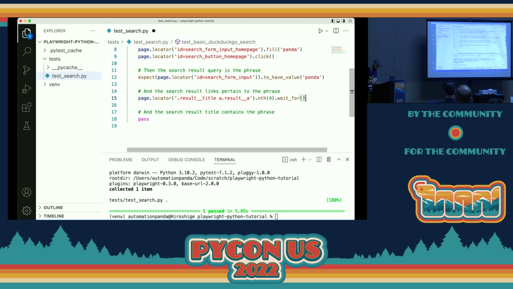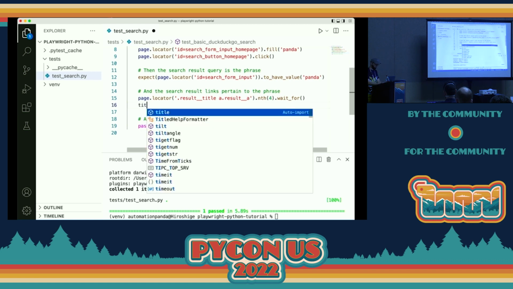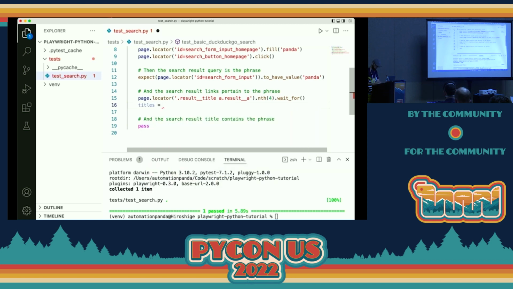Now that we have those elements rendered on the page, we know in terms of execution, after this, there's going to be at least 5 elements, if not more. So we can safely move forward to scrape those elements. So what do I want to scrape from these elements? The text, right? The titles. Very good. So I'm going to say titles equals